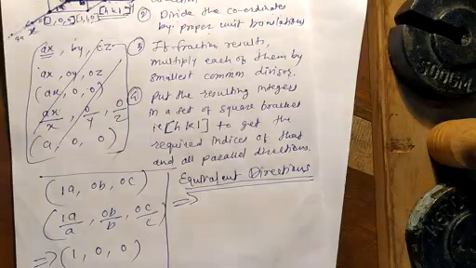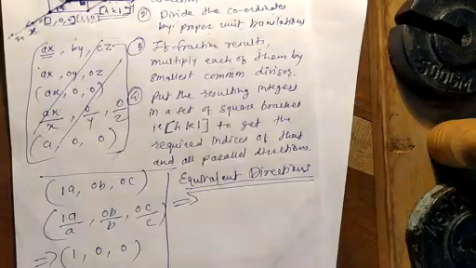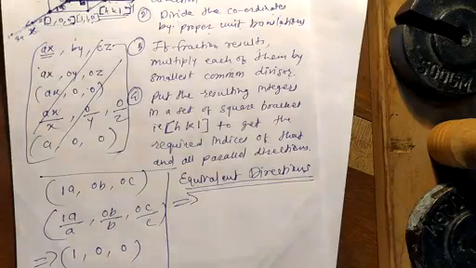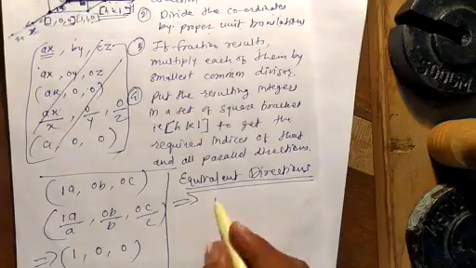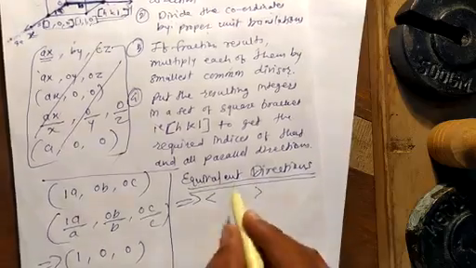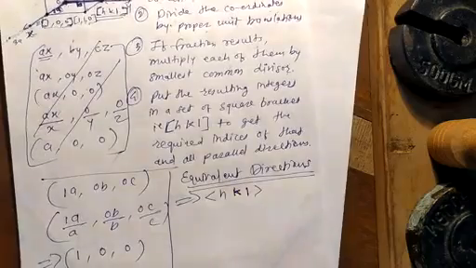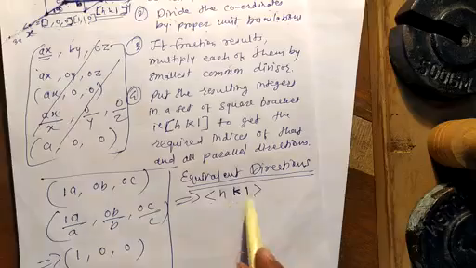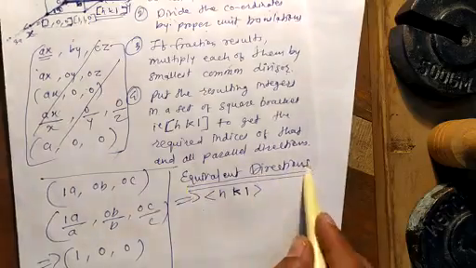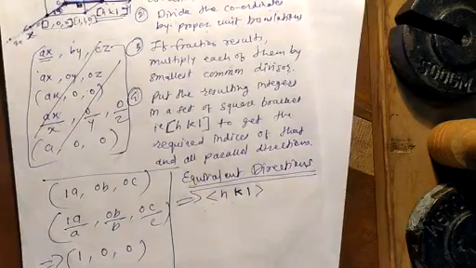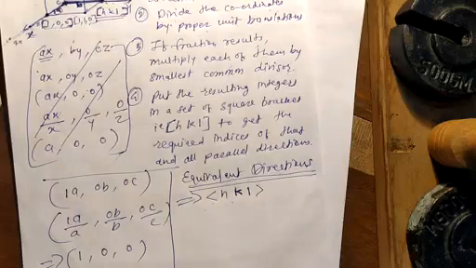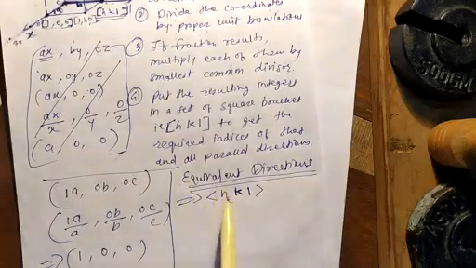Such sets of directions are always related by a symmetry operation. The shortened notation used to specify such a family of directions is a set of angle brackets, angle brackets H, K, L. Suppose the coordinates are represented in angle brackets, that represents the set of directions, that is, the equivalent directions. It means that it represents the family of directions. Such sets of directions are always related by the symmetry operations.